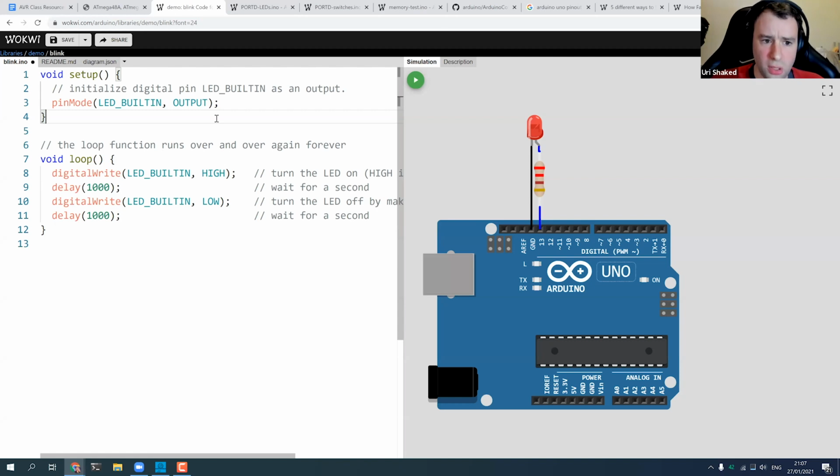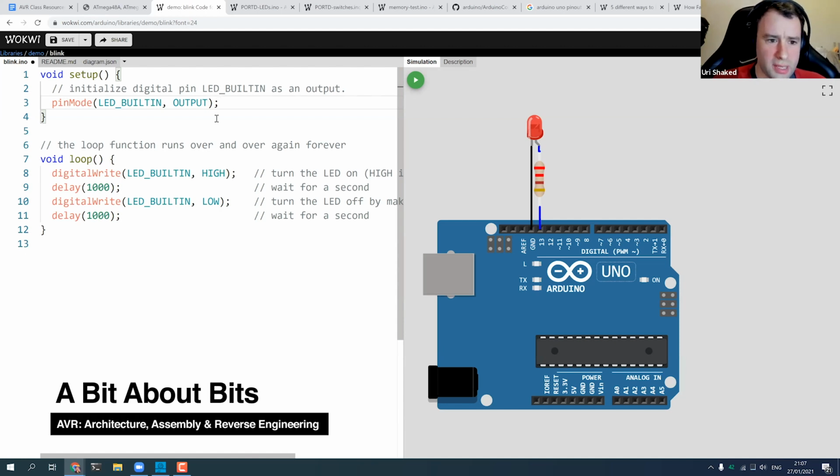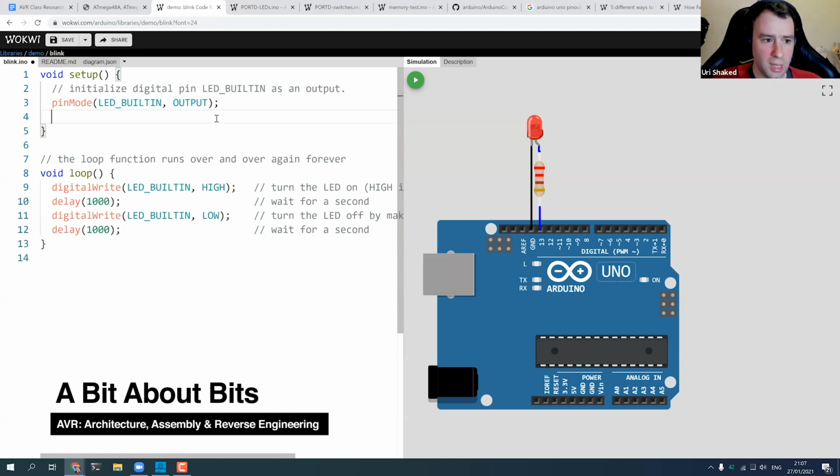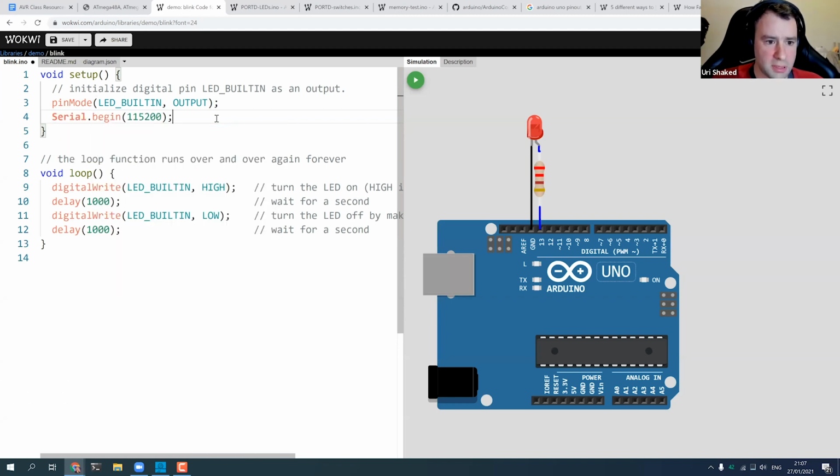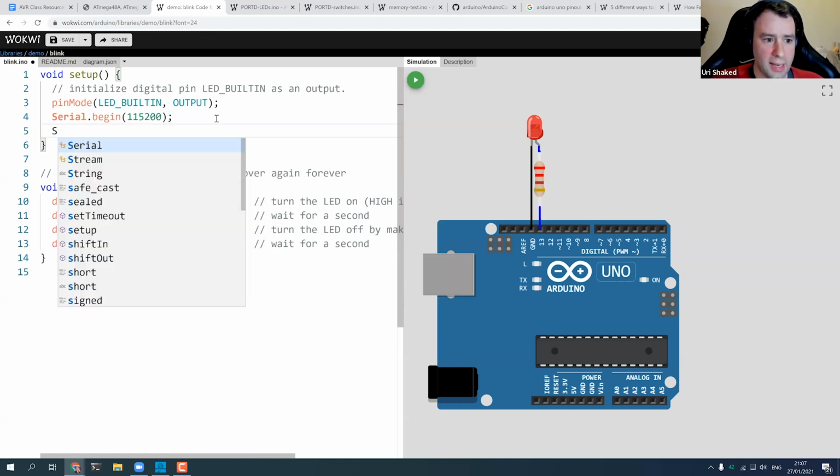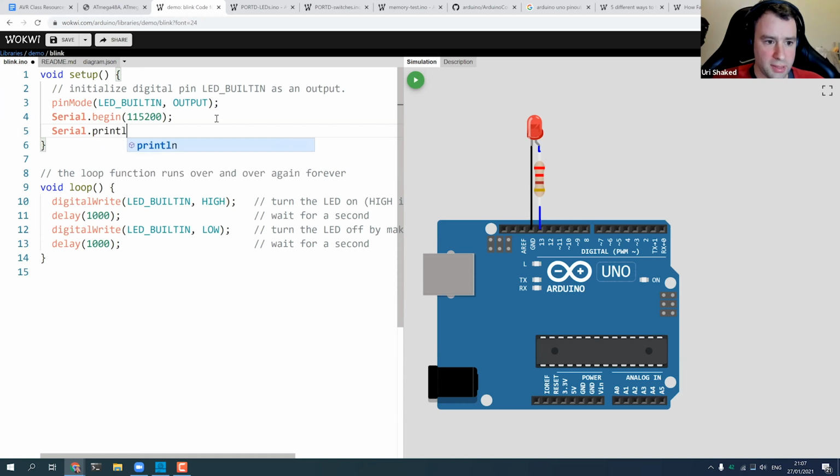I asked you to go over some bitwise stuff, and I will do a really quick rehearsal of how to do bitwise stuff in Arduino, just show you a few tricks that can be useful. So first of all, let's set up a serial console, and let's print there. If you want to type a number in binary in Arduino, there are a few ways.